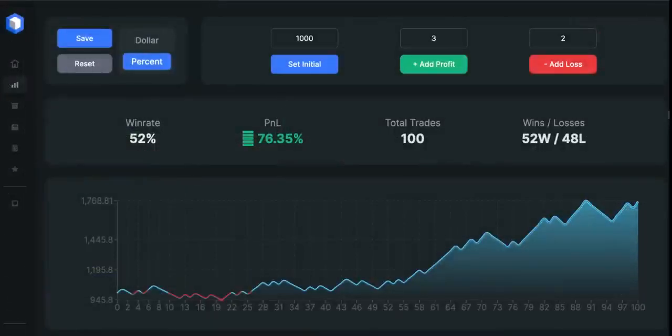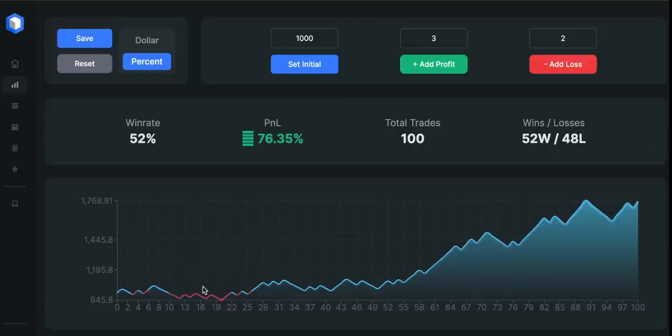Alright, so I just finished the backtesting and here are the results. The win rate for this strategy is only 52% and we increased our account size by 76.35%. By the way, I found those 100 setups within 5 weeks. So these results aren't that bad, the strategy is definitely making money, however you have to be aware of these